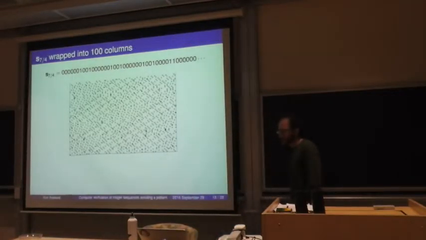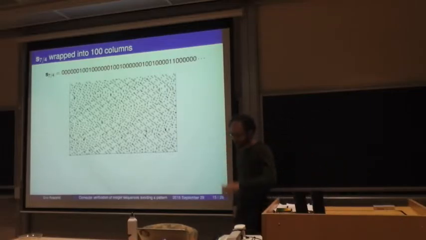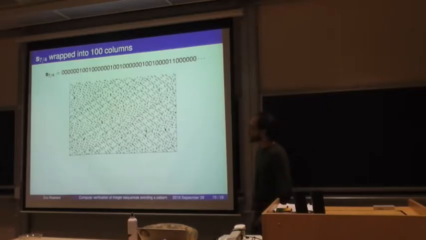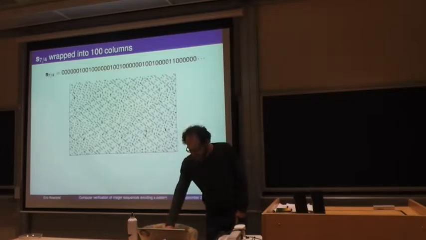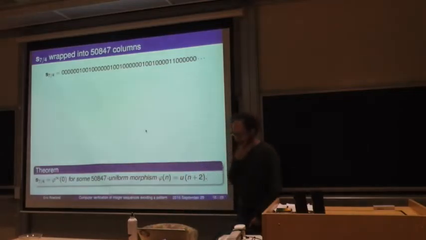I computed 100,000 more and still nothing, and I was meanwhile looking at a whole bunch of these rationals. So I ended up looking at about 900 different rationals in the interval 1 to 2. A lot of them I was finding structure for. So I said, forget about 7/4 for now, and then I would come back to it, and then eventually, I don't know how many terms I computed, but the right number is